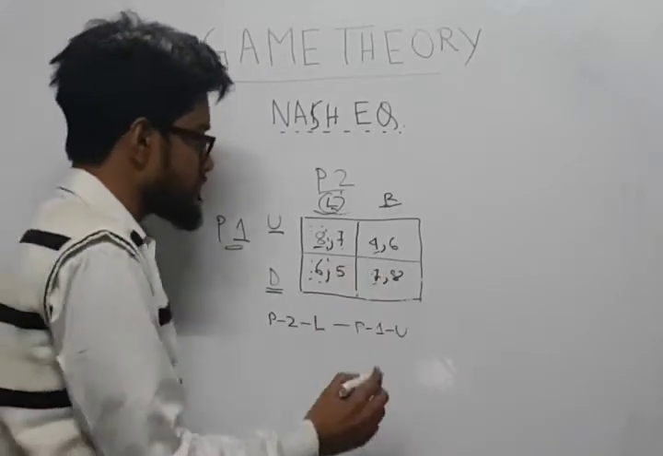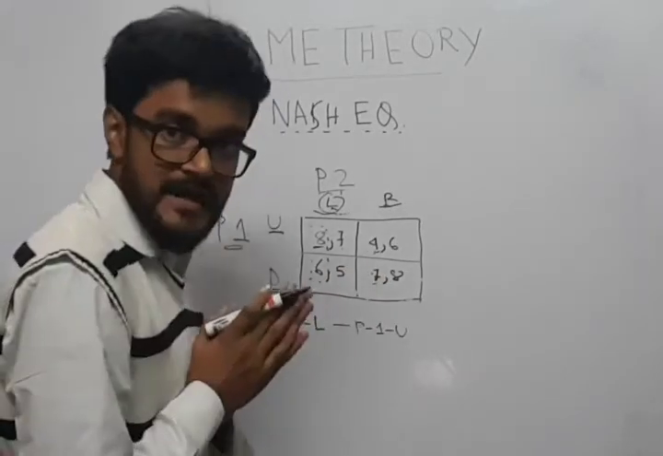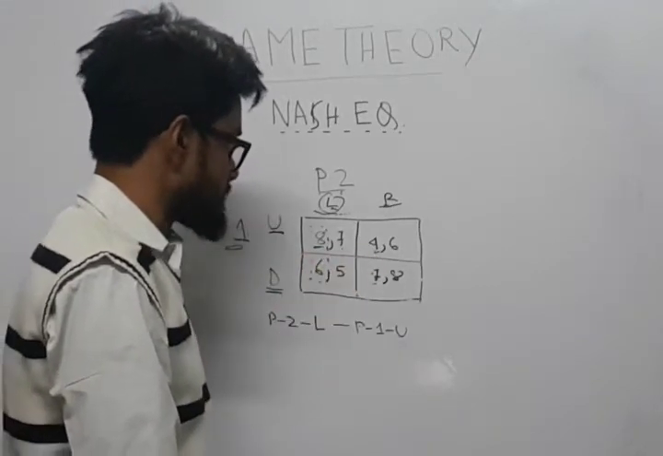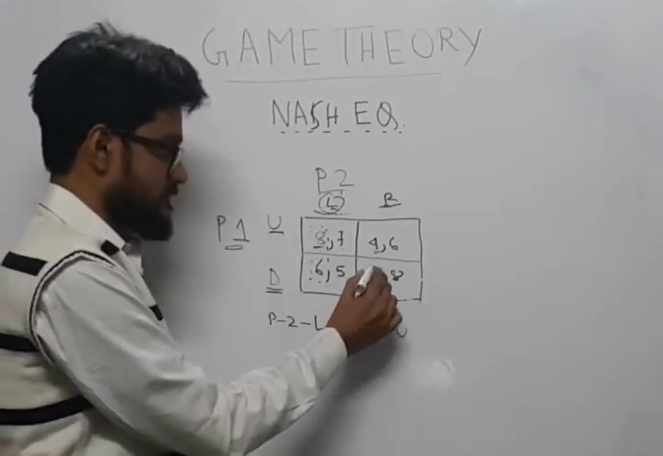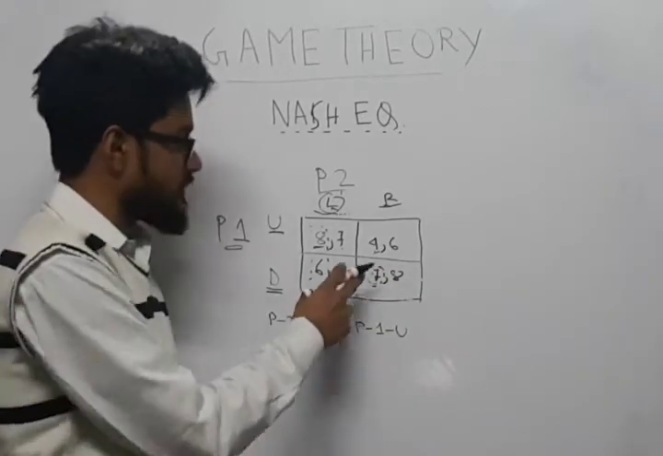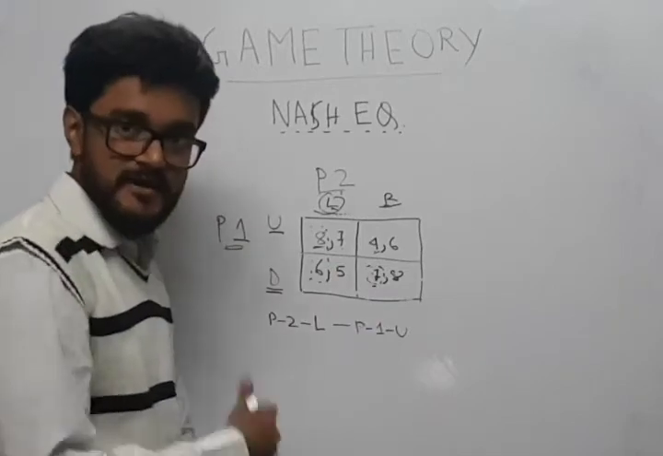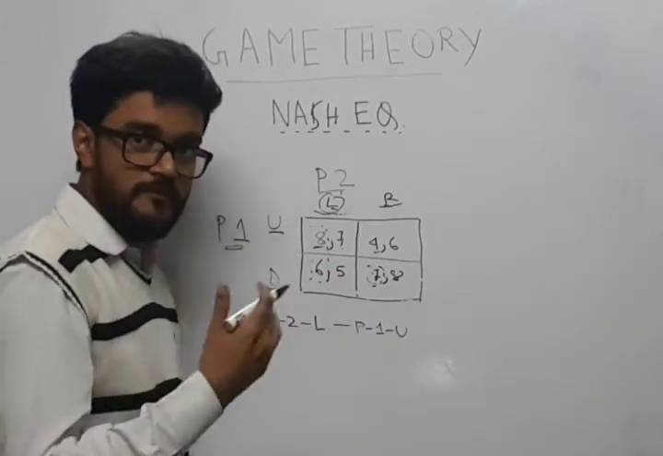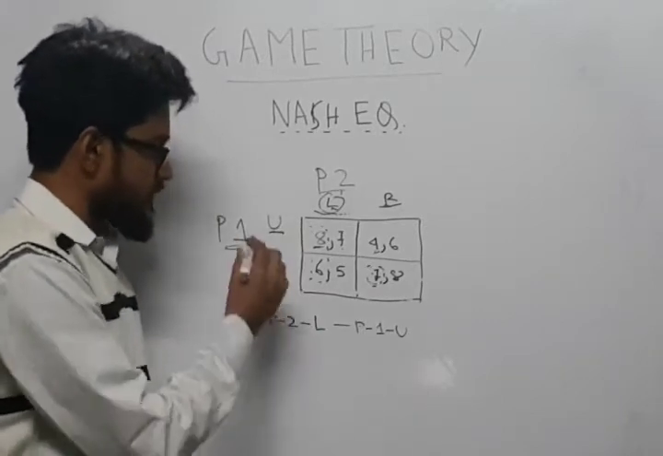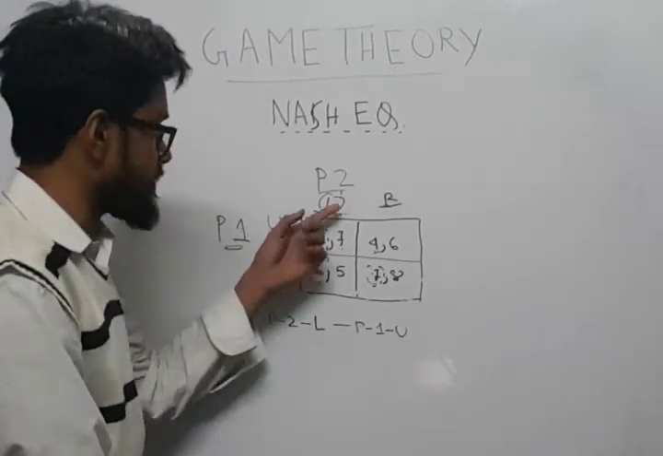So out of these two, it seems that out of 4 and 7, 7 gives a better payoff. That is, 7 is more than 4. So we will say 7 gives more utility or more payoff to player 1. So the best strategy for player 1 would be, when player 2 plays R,